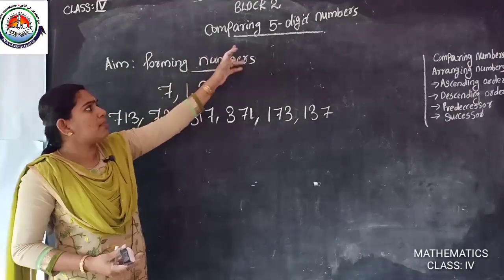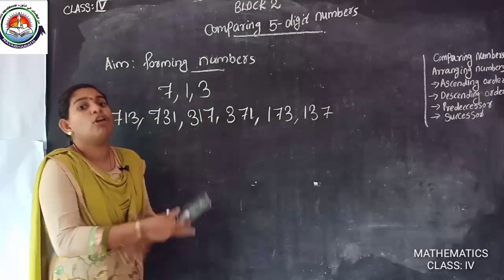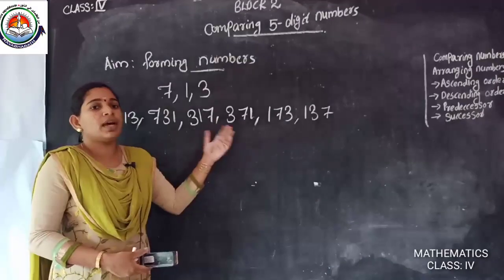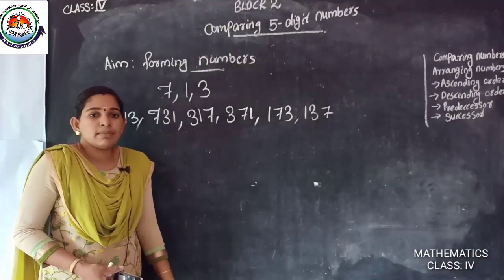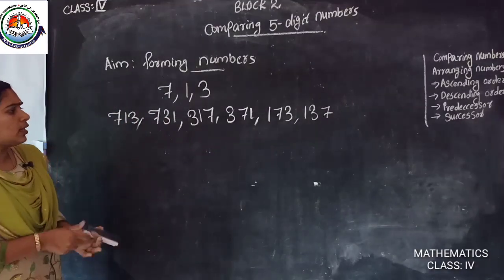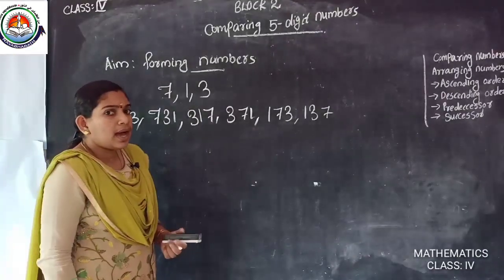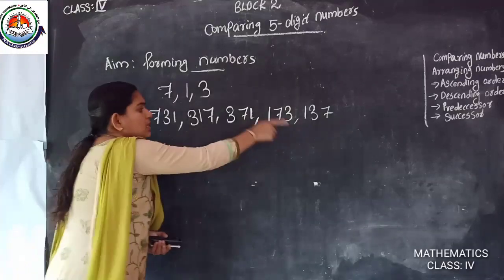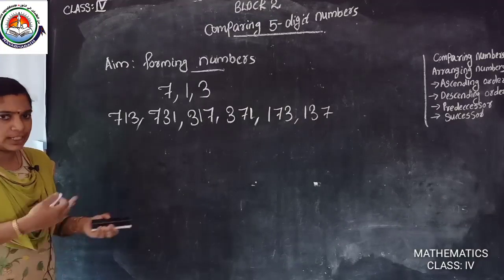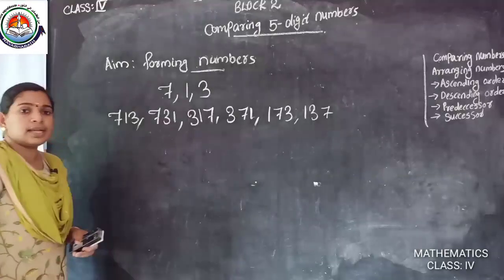Okay, we want to form 5-digit numbers, but here there is no space for writing all the numbers. So I will use 3-digit numbers. In the same way we form 5-digit numbers also. Anyone have a doubt about forming numbers? Then from these, which is the largest number here? We know how to compare the numbers. Do you want me to explain again? No.